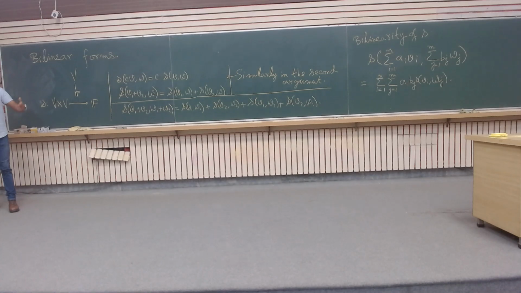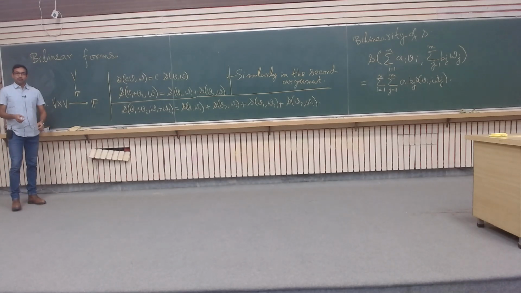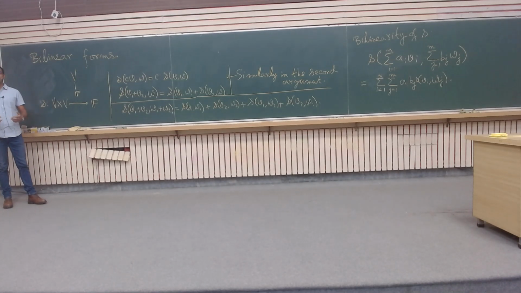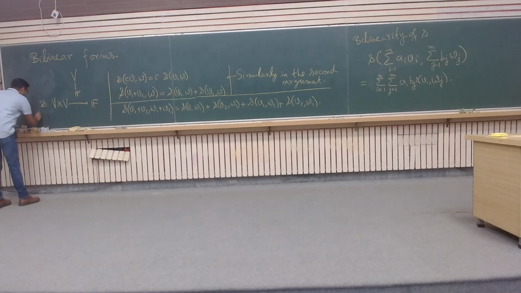It's an n cross n matrix. Take all the rows or all the columns. The determinant is linear in each of the columns or each of the rows as you view it. I mean, you can see it as a function of the columns of an n cross n matrix, and this is linear in all of them. So in particular, if you are considering a bilinear form, you should consider a 2 cross 2 matrix, and then it is linear in both of its columns or both of its rows. So indeed, the first example is